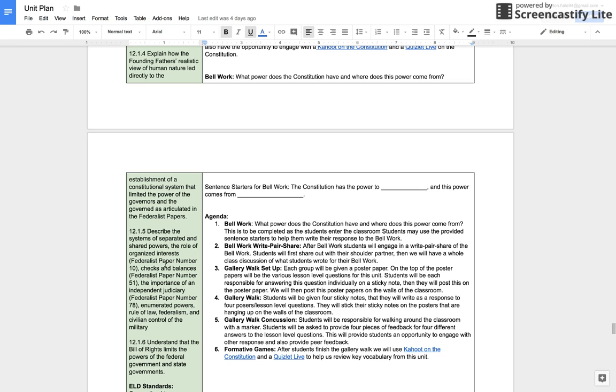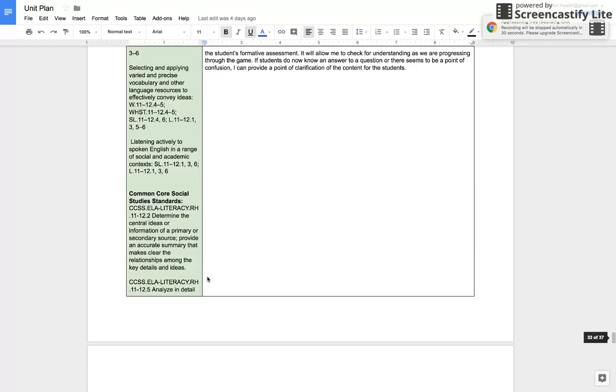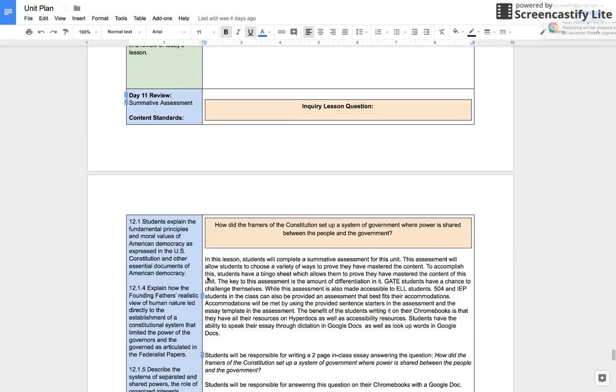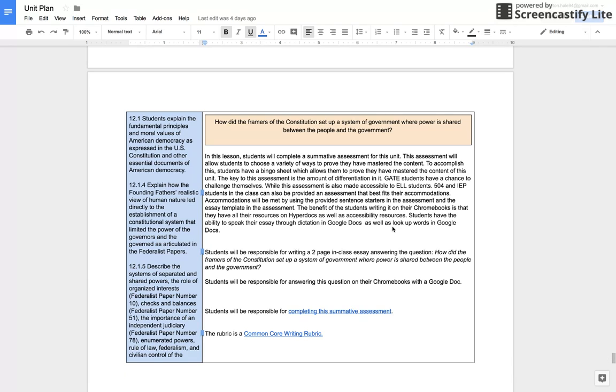I used a gallery walk to set up because this lesson is inquiry-based, in which we aim to answer those lesson-based questions. In this lesson, the gallery walk will be based off those different questions that we talked about each day. And finally, in day 10, we talk about our final assessment, which is a 2-page in-class paper answering our